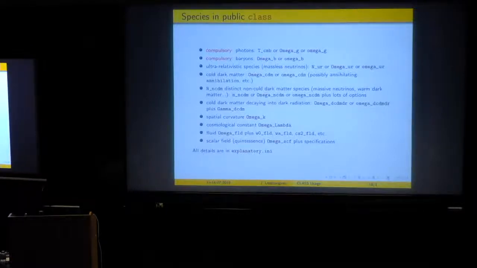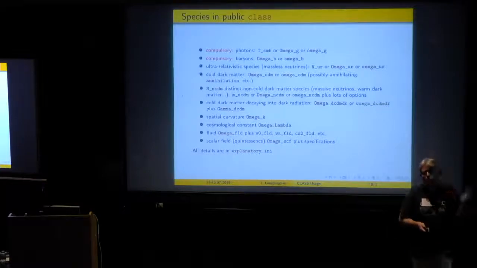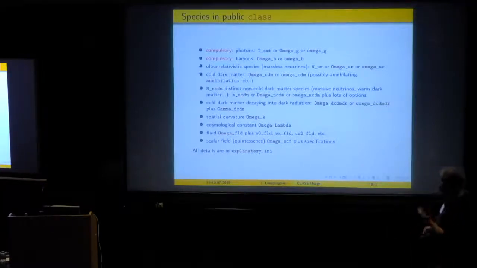Okay, so as we said, there is also the possibility in the code to write this as a non-trivial function, and then the code will integrate over W in order to understand what is the background and perturbation evolution. And then finally, there is a scalar field, which has lots of parameters described in explanatory.ini. In explanatory.ini, you see that you can switch between different quintessence potentials, and in principle, you can add your own. So after this short summary,